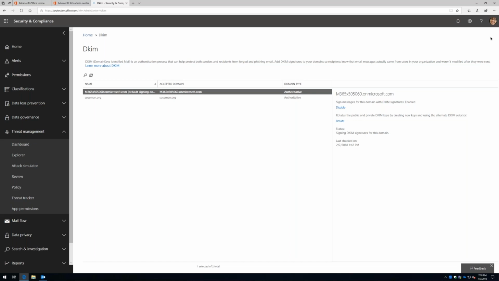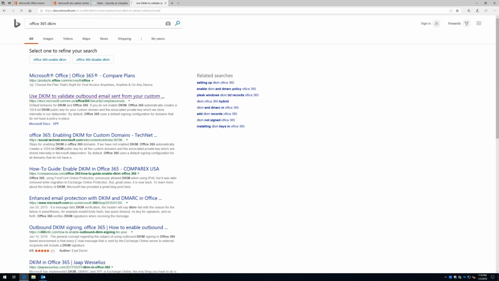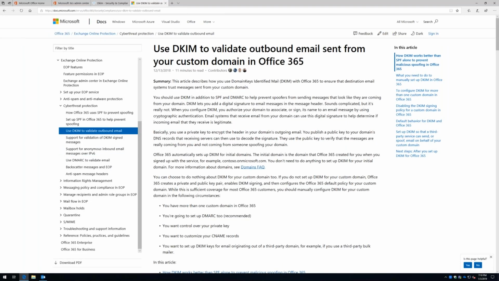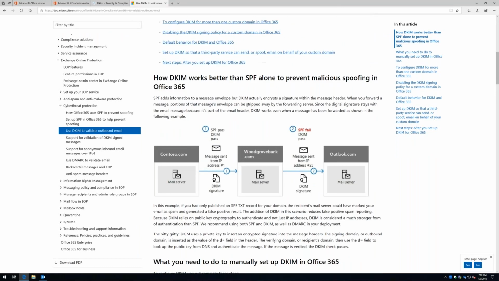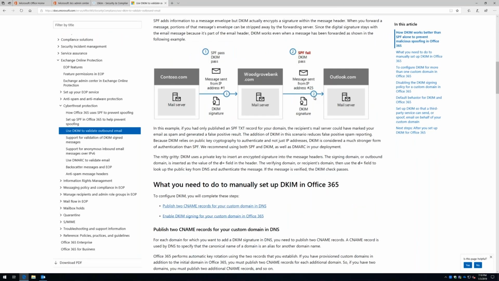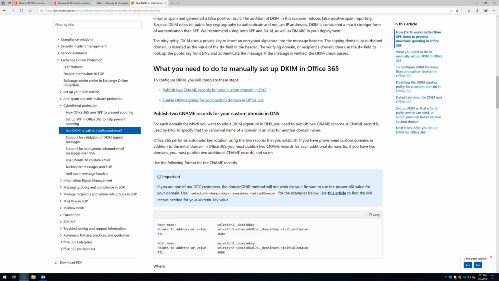But with DKIM, let me show you an article here that will walk you through it, and then we'll just discuss some of this and what this policy does. And so if you just go out to Bing or your favorite search engine and type in DKIM Office 365, you'll see a message that looks something like this. And this is where it'll explain what DKIM is and how it works together with your SPF records. We have a nice little diagram here around how this protects, but then what do you need to actually do this? It does require some DNS work, so you need to be able to publish a CNAME record in DNS, and then enable your domain for DKIM. And then you enable a few things inside Office 365 to do that.